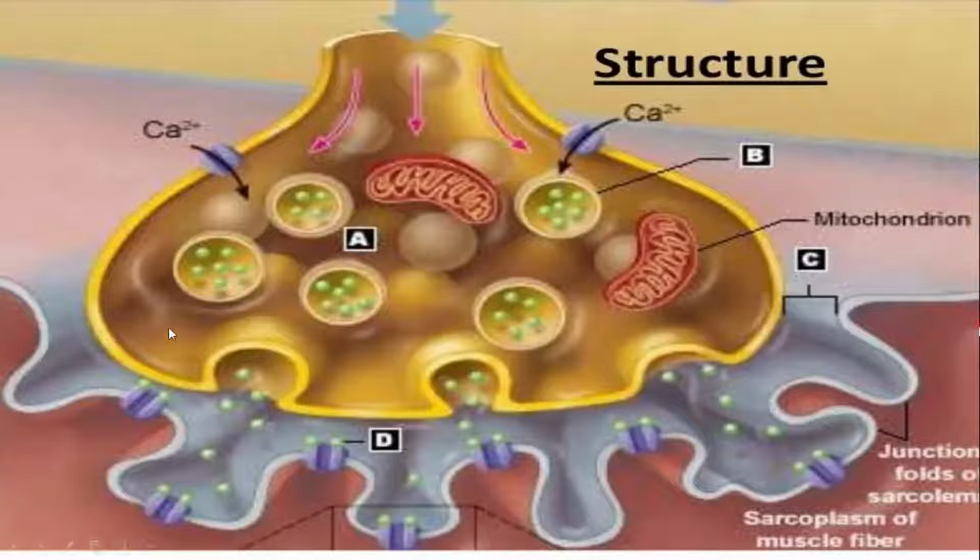Now an action potential has arrived in this terminal. What will happen? There are voltage-gated calcium channels present here. You can see there is a gap between the presynaptic membrane and the muscle end plate. So how will they remain near one another? They should have moved away, but they are not, because there are proteins called neurexin, which help to maintain a connection between the presynaptic terminal and the postsynaptic membrane.